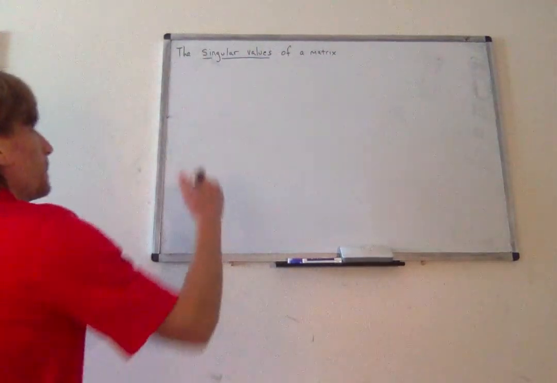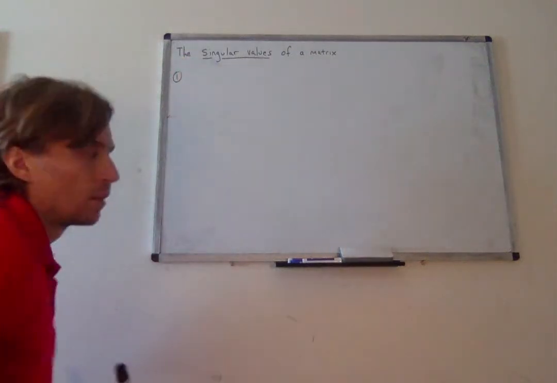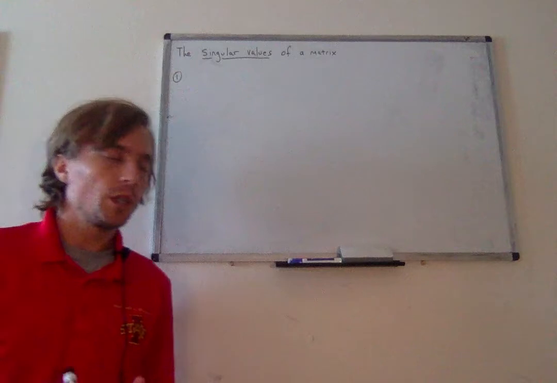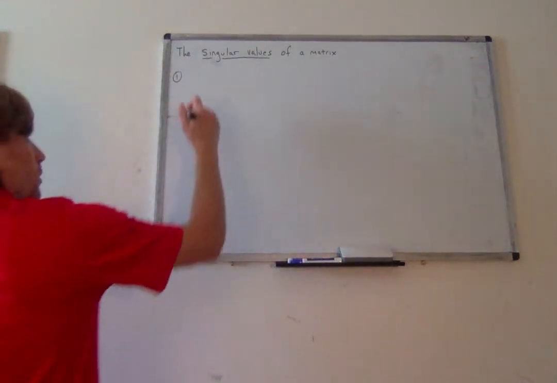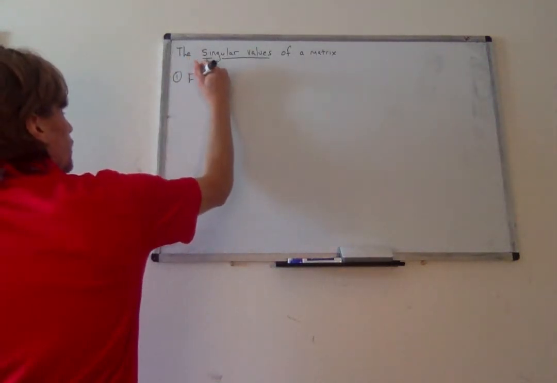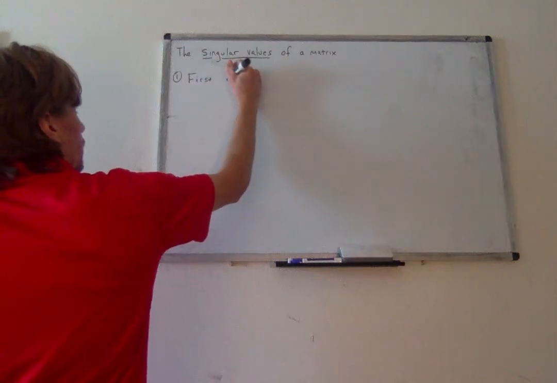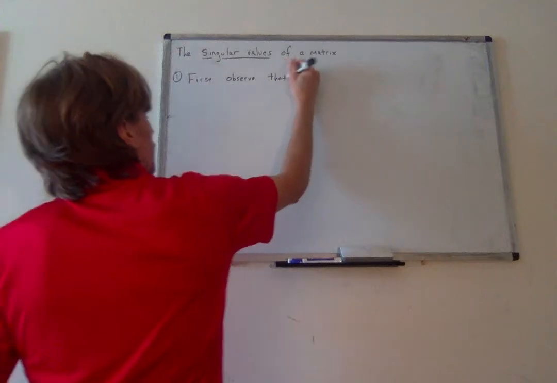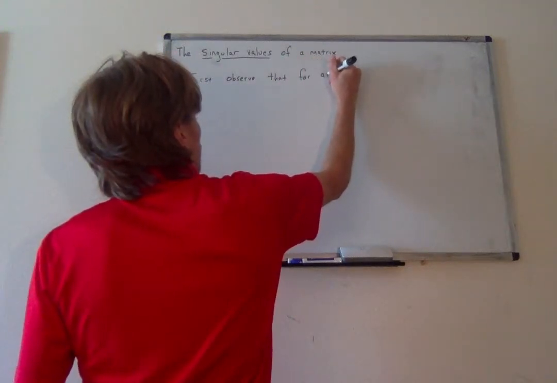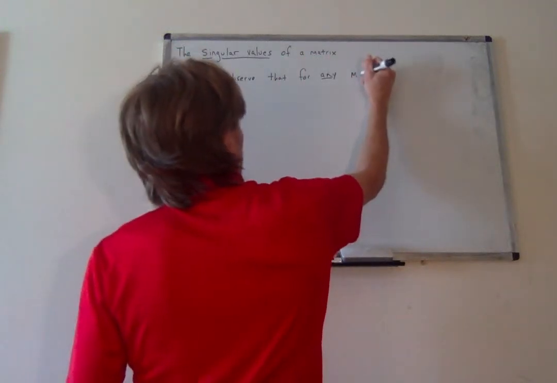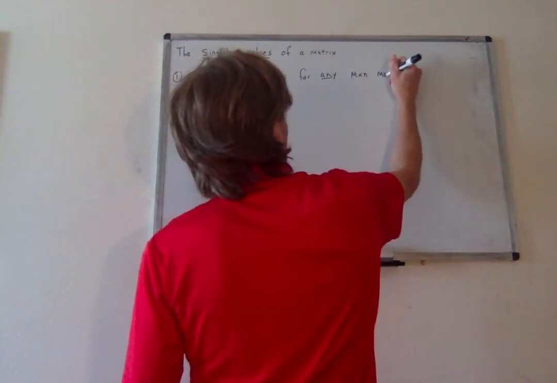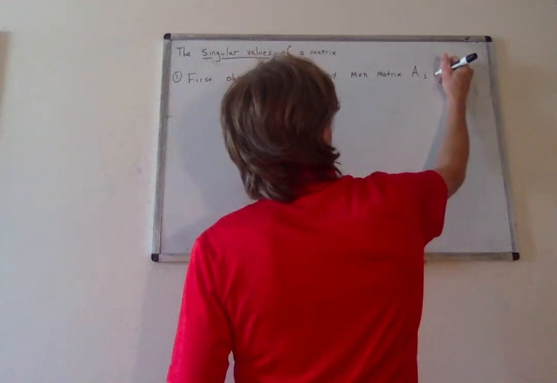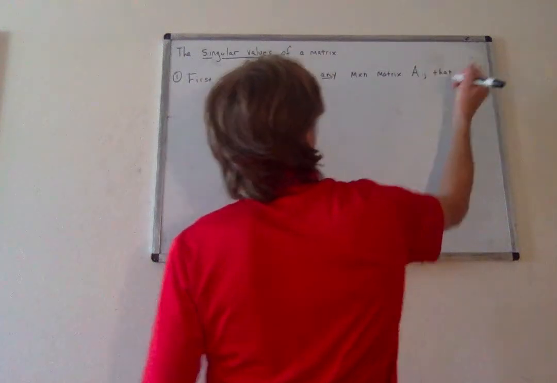So, before we officially define it, I want to introduce some terminology before we define what the singular values are. First, I want us to observe the fact that for any M by N matrix A, and notice here in particular, we're not assuming A is a square matrix,